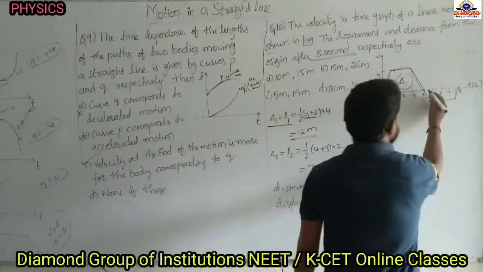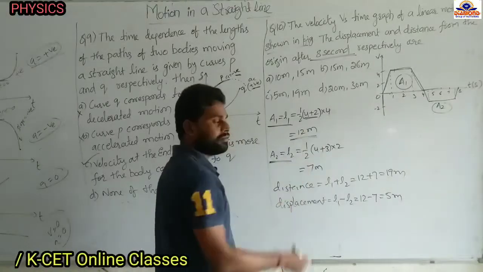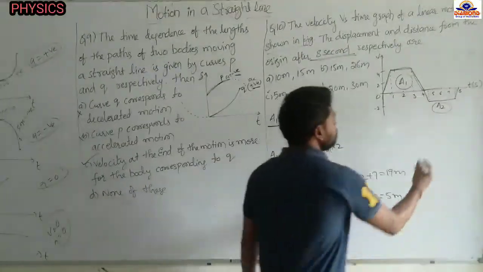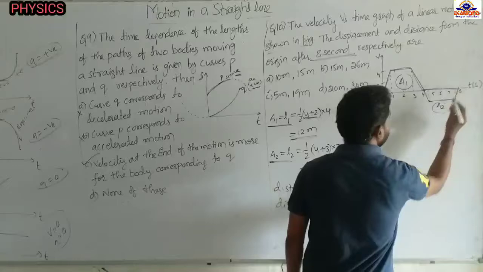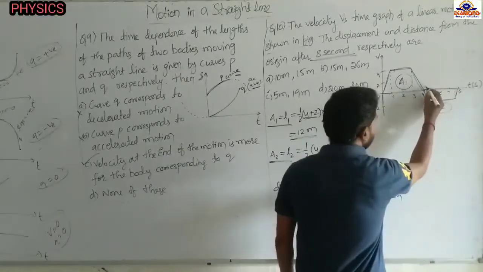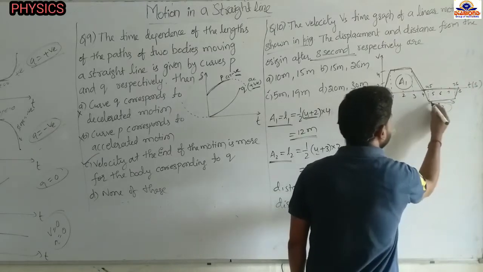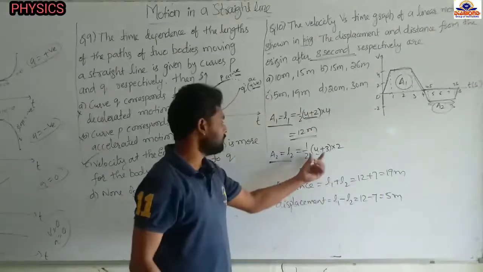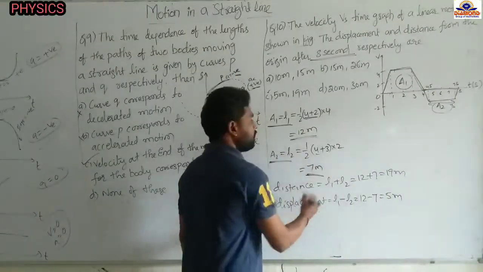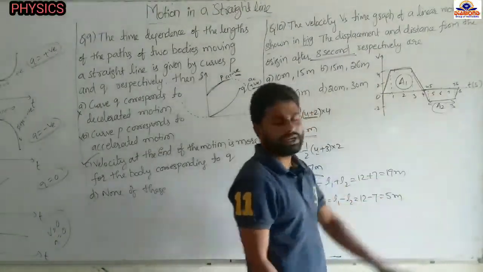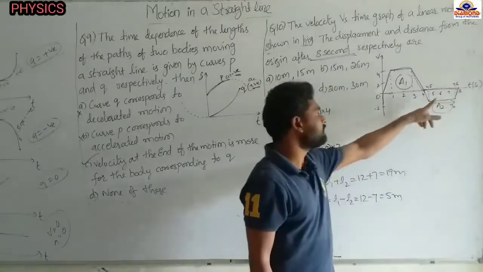Now this area we also have to find, this is the area A2. A2 will give the next distance L2. The area under that graph gives the distance L2, equal to half into, from 4 to 8, this is also a trapezium shape, the sum of the parallel sides. From here to here it is 4.5 and here it is 7.5. 7.5 minus 4.5 is nothing but 3, the length of this side is 3. So half into 4 plus 3, into the height, which is the given 2, gives 7 meters. So this area gives a distance of 12 meters and the area of this one is 7 meters, area being nothing but the distance.